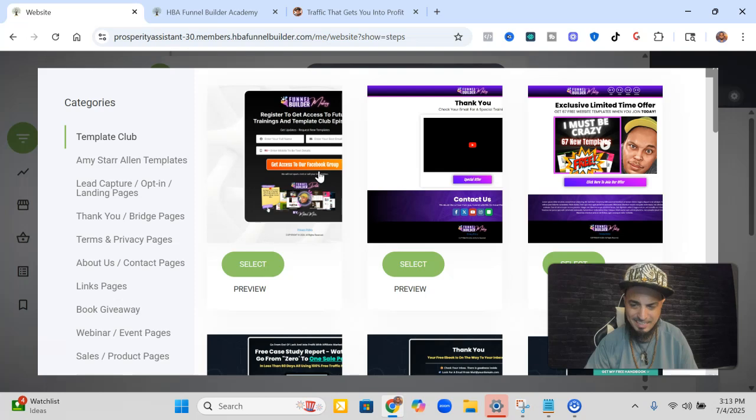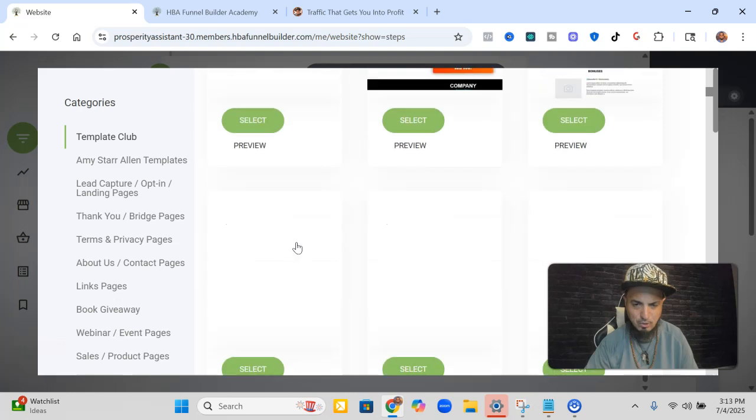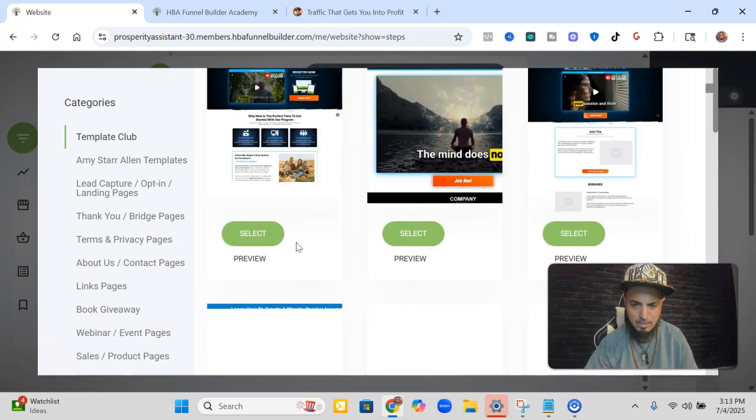And then if you have a team or somebody that you're working with that you have specific templates, you can have a section in here for them to be able to grab templates from you, right? It makes it very easy for you to work with teams, for you to work with different people. If you have an agency, if you have a network marketing opportunity, or if you're selling your own products and you have multiple different products, you come in here and you can grab one of these professional, nicely designed pages